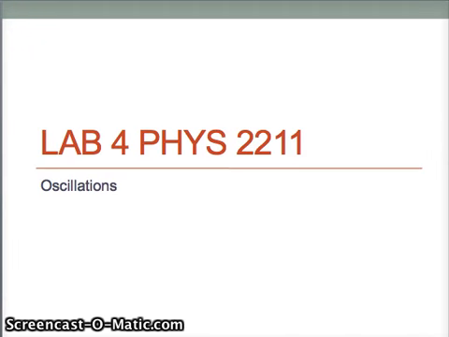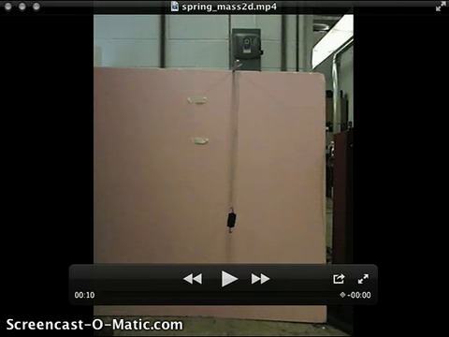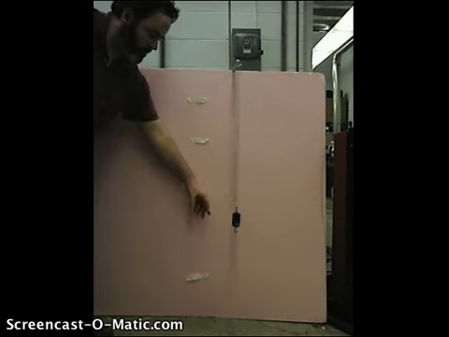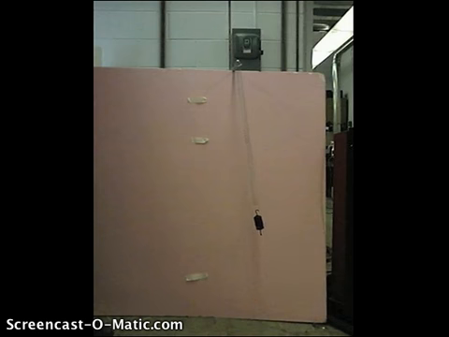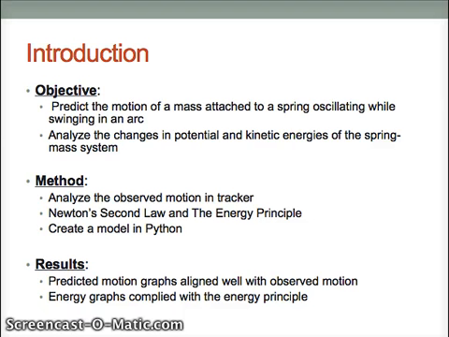The objective of this lab was to start from observations of the spring mass system in the following video, and from these observations predict the motion of a mass attached to a spring oscillating while swinging in an arc. Additionally, we aim to analyze the changes in potential and kinetic energies within our system through the energy principle. To do so, I analyzed the observed motion in Tracker and then used Newton's second law and the energy principle